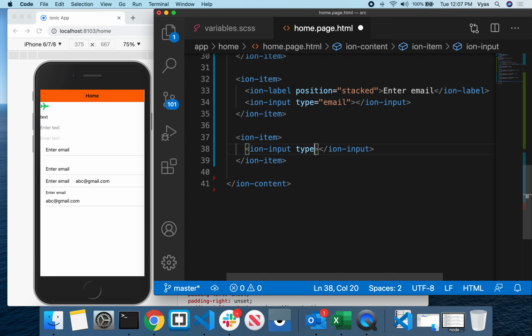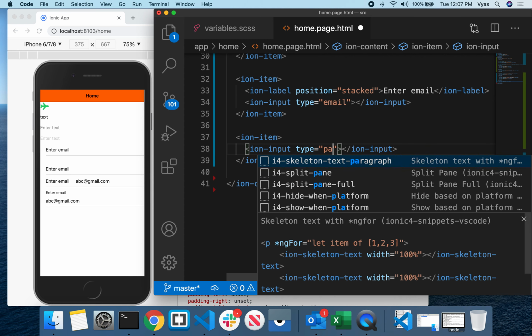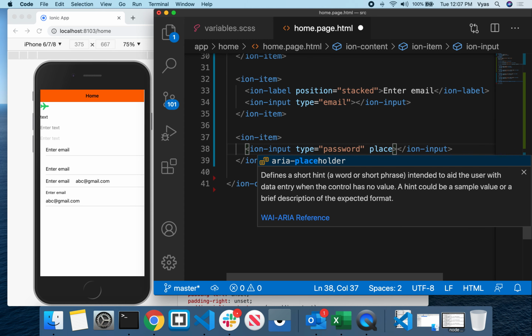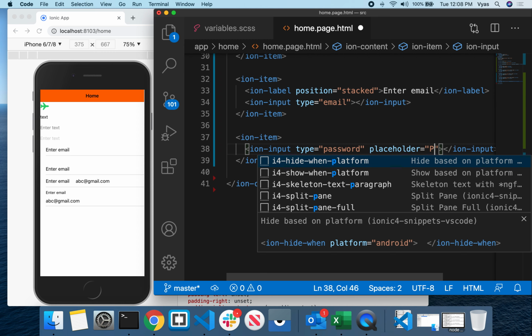I can mention the type equals to password or email. Type equals to password, and I can use a placeholder equals to password.